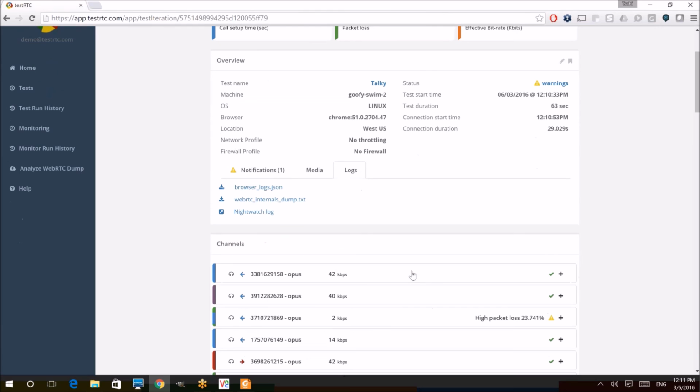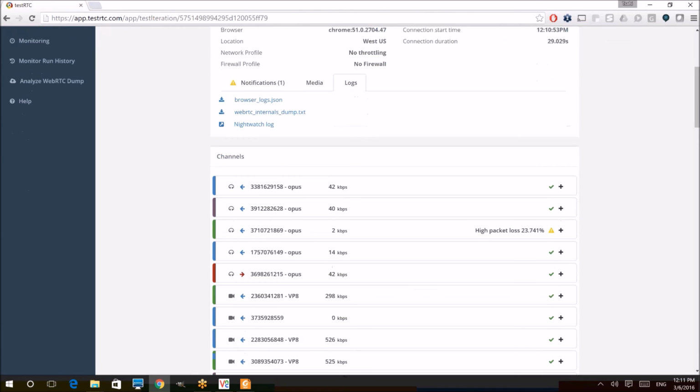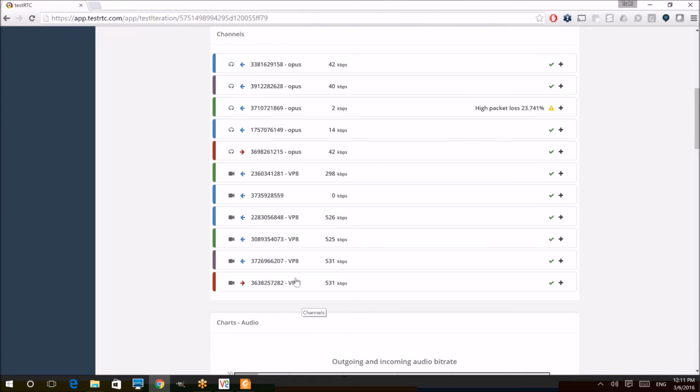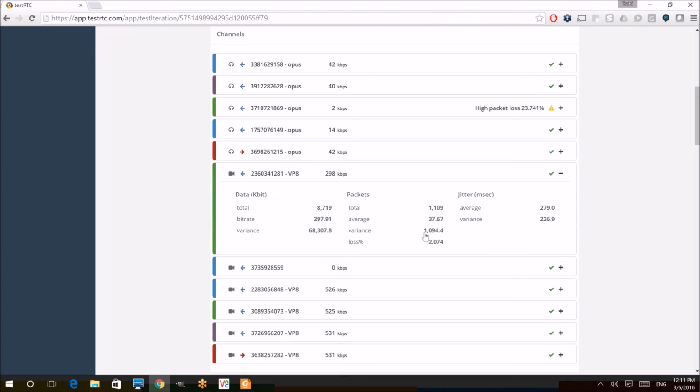Now, Talky works as an SFU, which means that each participant is going to send his media, but is going to receive media from everyone else. And we see essentially that we have 4 incoming VP8 videos. We had 5 participants, so 4 incoming, 1 outgoing. The empty one is screen sharing that we didn't have in this session, and the same with voice. 4 incoming Opus channels and 1 outgoing. I can open up each one of them and check the highlights